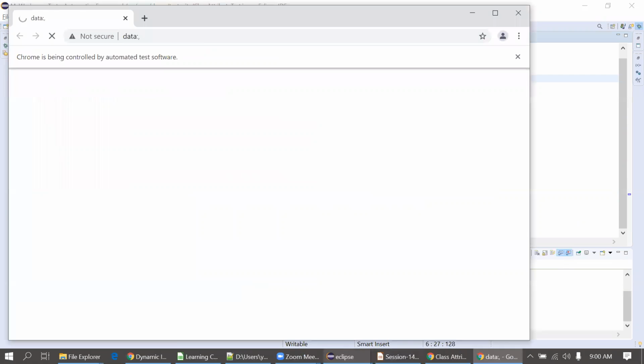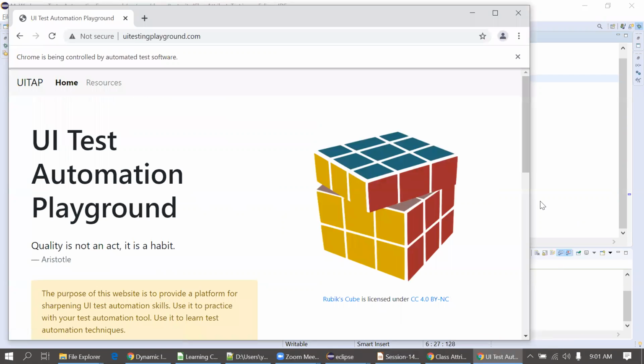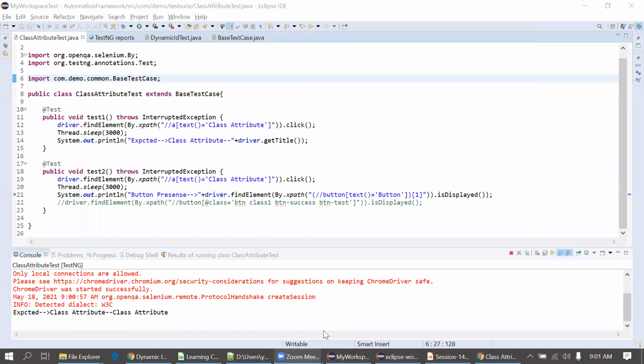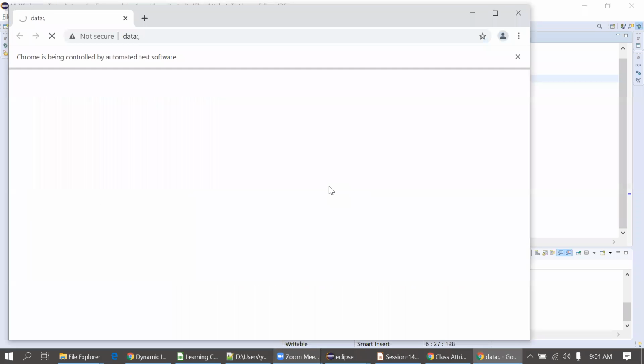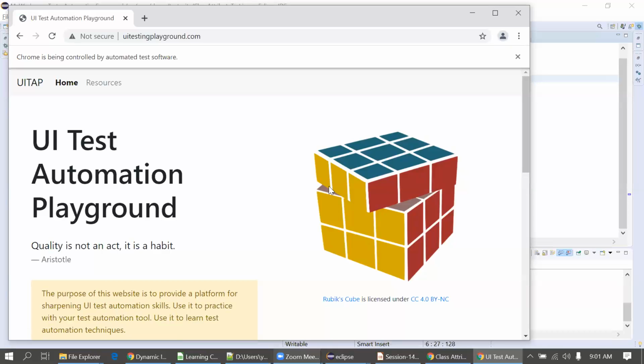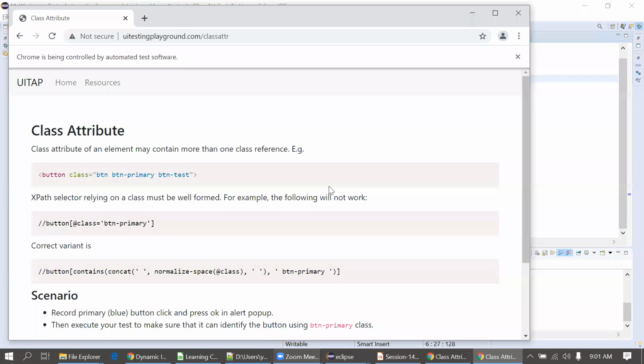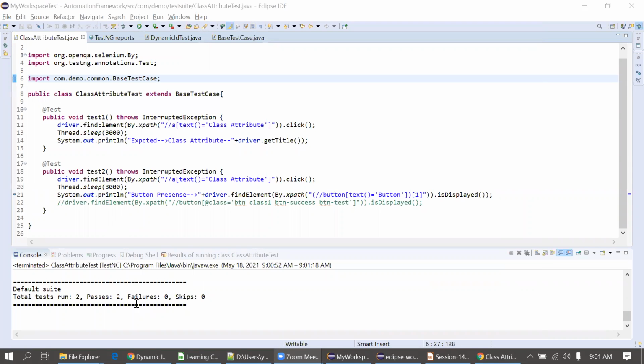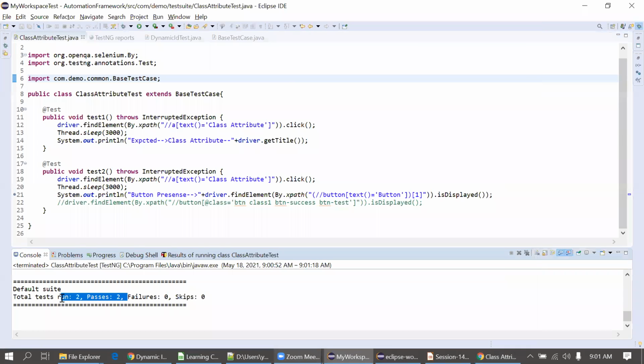I got a few pings. I'm reading those in parallel. Yes, Ritesh, we can use the contents here. Okay, so in some cases we also have to use mouse related actions, right? Like if the button is present at the bottom of the screen, then I believe we have to scroll down to that button, right? For that purpose, we are going to use the JavaScript executor. That also I'm going to cover.